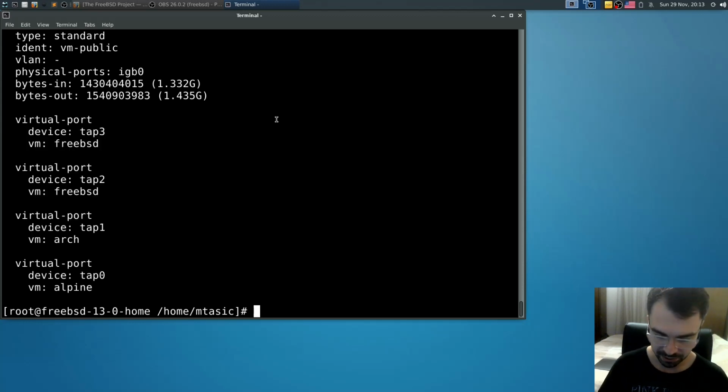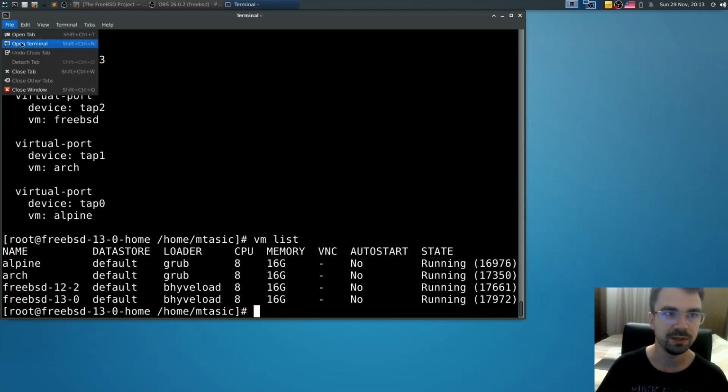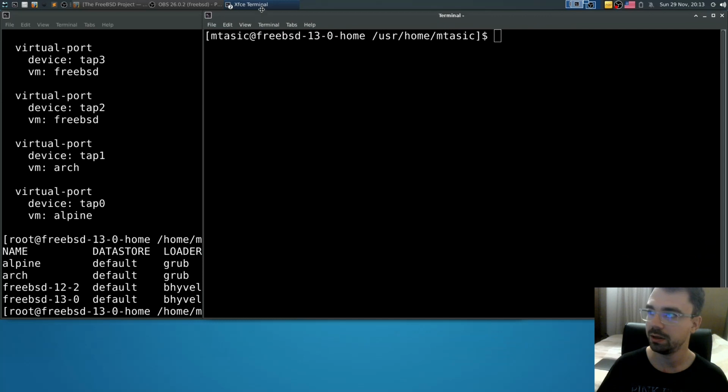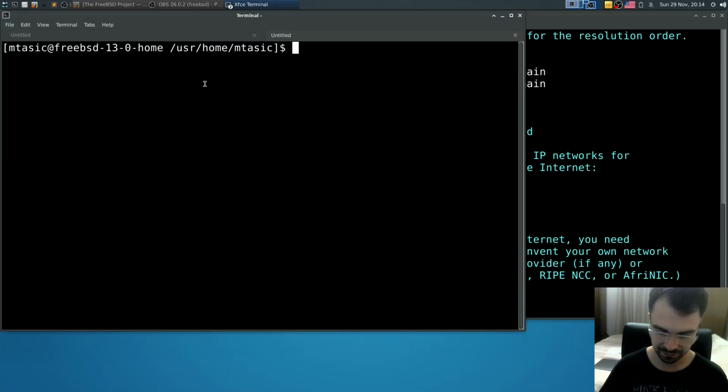So first things first, let's connect. As I do this, I will update vim /etc/hosts. VM console, and then go to Alpine. Actually, let's do it here. Sudo vm console alpine.